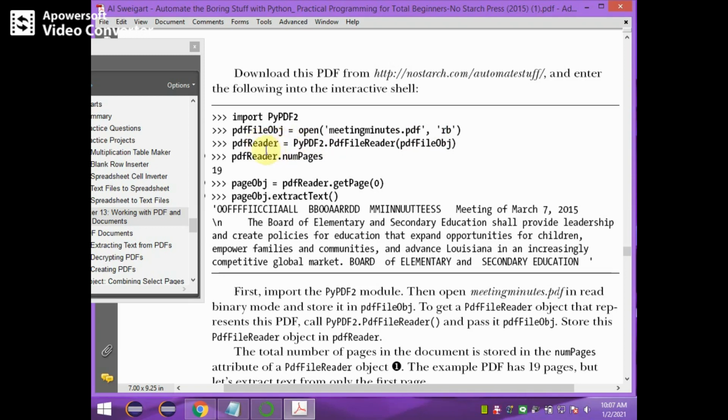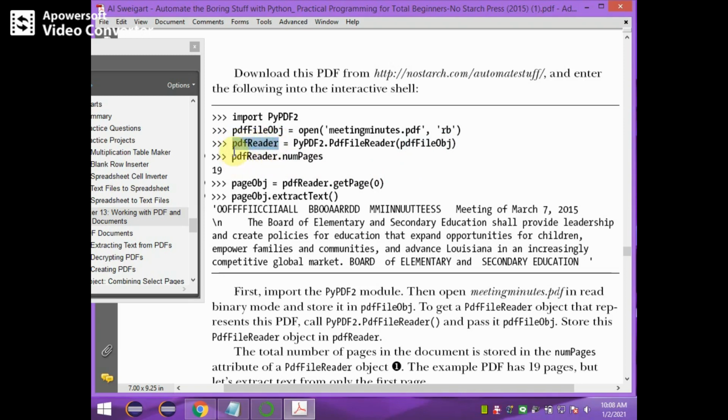Then once the file object is created, by using that file object you call the method PyPDF2.PdfFileReader with the PDF file object. Okay, you have to open the PDF file and store the reference in pdfReader.